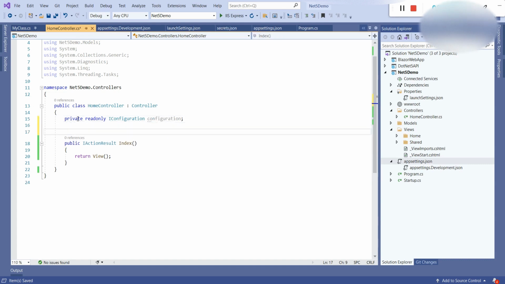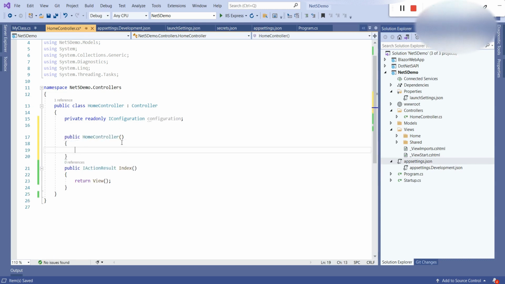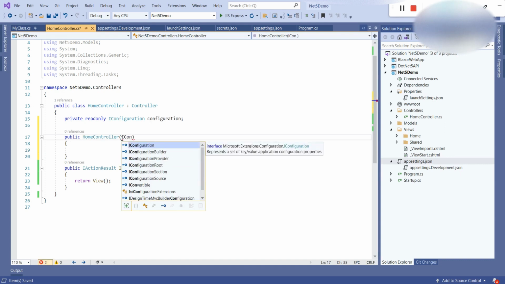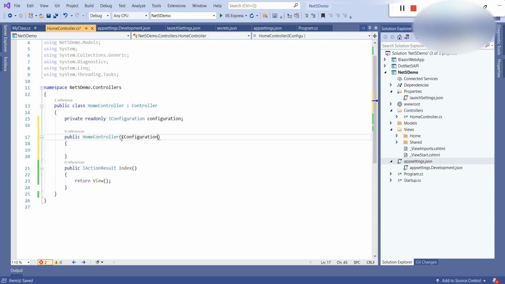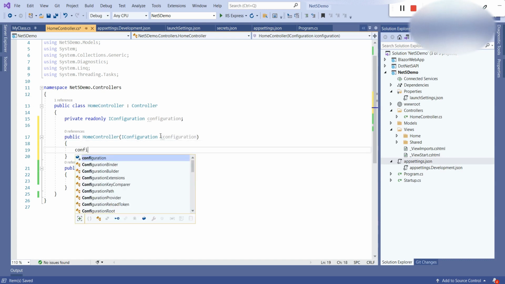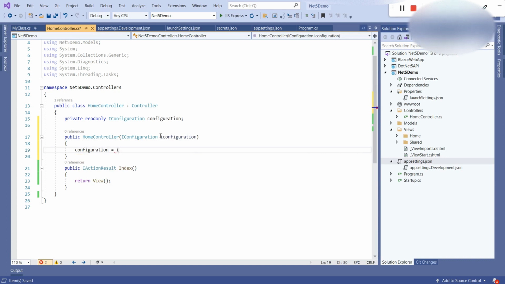Now create a constructor, public HomeController, and in the constructor pass this parameter IConfiguration, name it as configuration. Now assign the configuration with the configuration value.